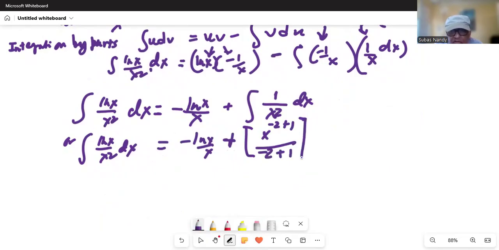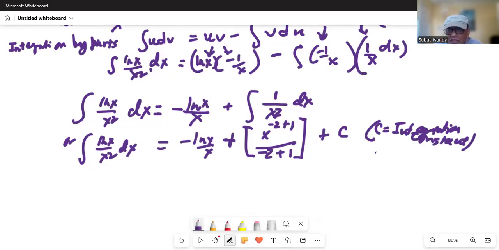And because this is an indefinite integral, therefore we have to add a c, where c is an integration constant. So this becomes integration of ln x by x squared dx is equal to minus ln x